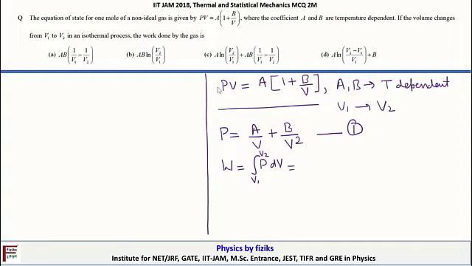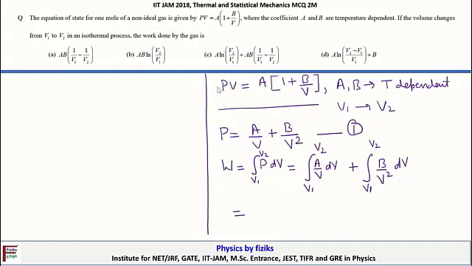So this can be rewritten as the integral of A by V dV from V1 to V2 plus the integral of AB by V square dV from V1 to V2, and after integration, this will give us